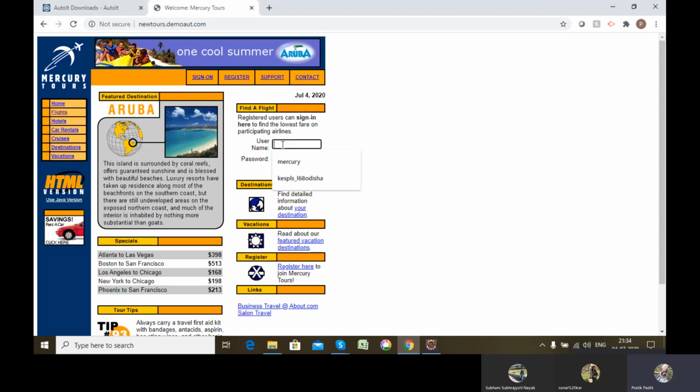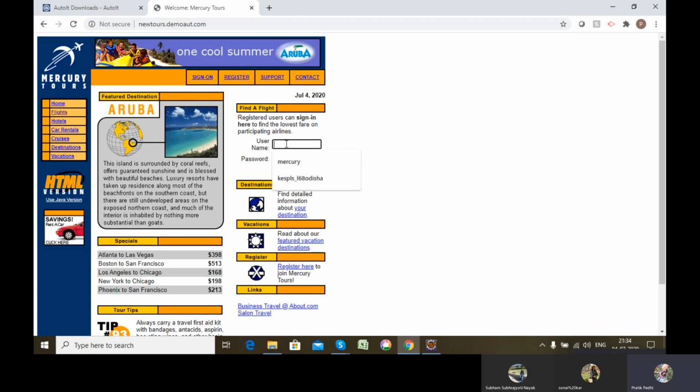Once I give my login credentials and log into the application, my functional test case is that I will open the application, give the credentials and try to sign in. Once I sign in, I will navigate to my home page. That's only what I have to validate in this particular test case.